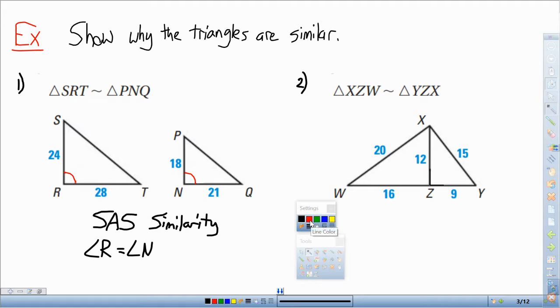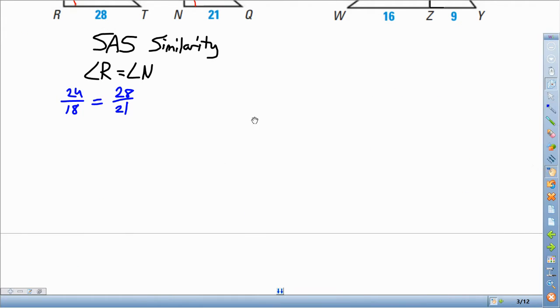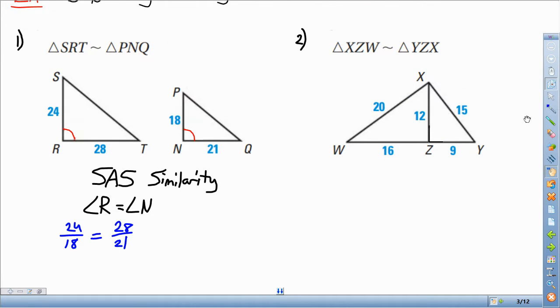The other thing we need to show is that the ratios of these corresponding sides are equal to one another. So let's go ahead and write them out. I'm going to start with this one, 24 over its corresponding side, 18, is equal to this 28 over its corresponding side, 21. And to show those are actually equal, we need to reduce these fractions and show that we're